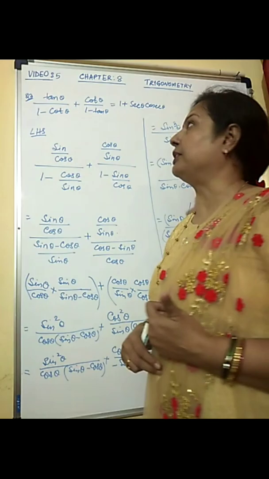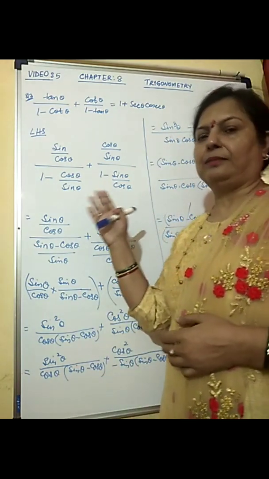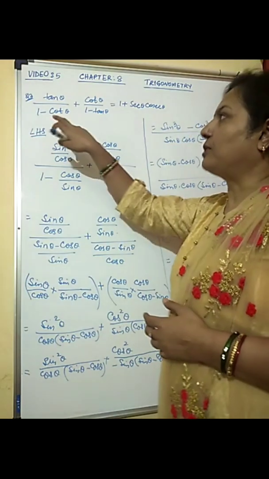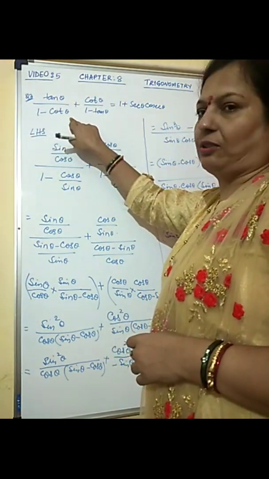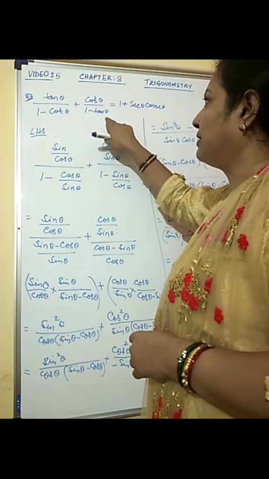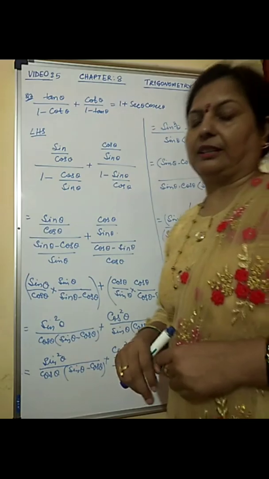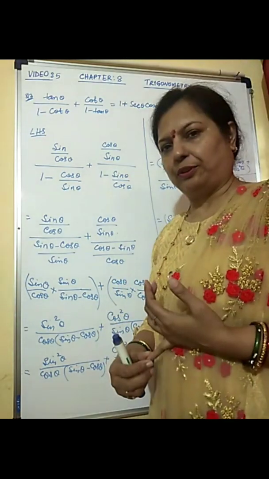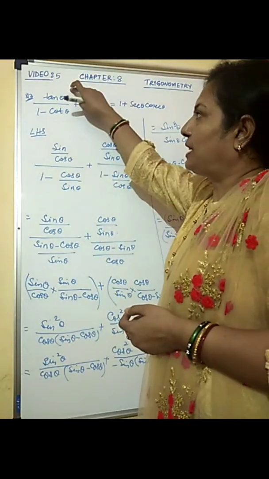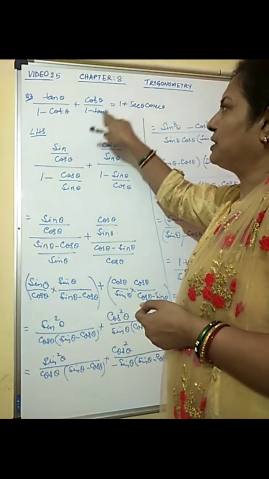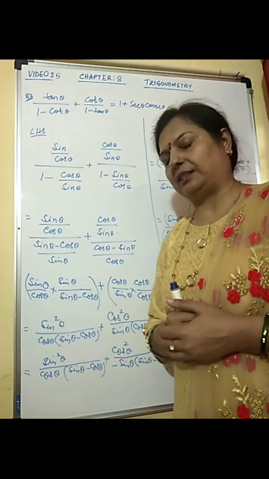So in my previous video I have done 2 questions, and here again I have a question, and then we'll continue. So let us quickly see the question. The question is tan theta by 1 minus cot theta plus cot theta by 1 minus tan theta is equal to 1 plus sec theta into cosec theta. Again the question is same, prove the following identity, and this is the identity you have got to prove. So tan theta by 1 minus cot theta plus cot theta by 1 minus tan theta is equal to 1 plus sec theta into cosec theta.